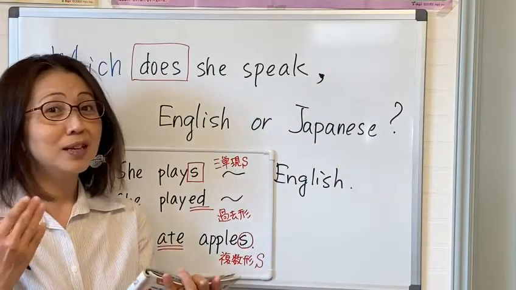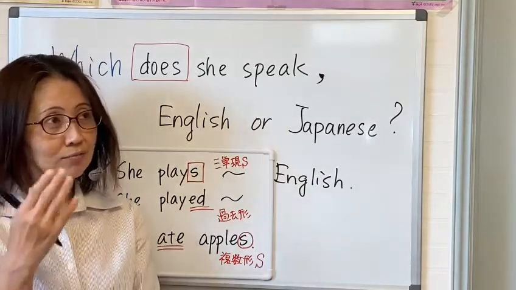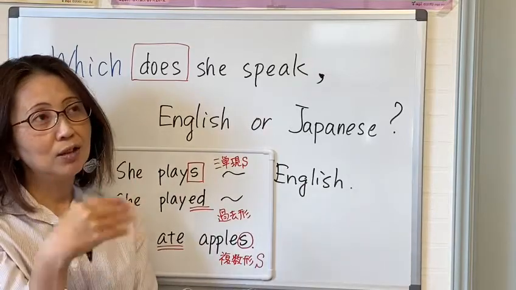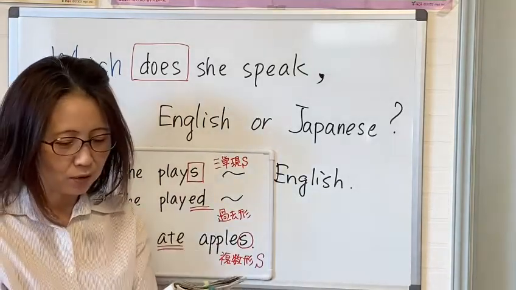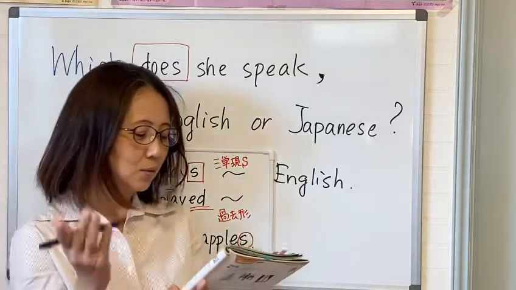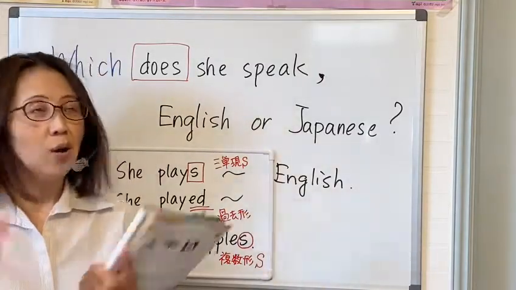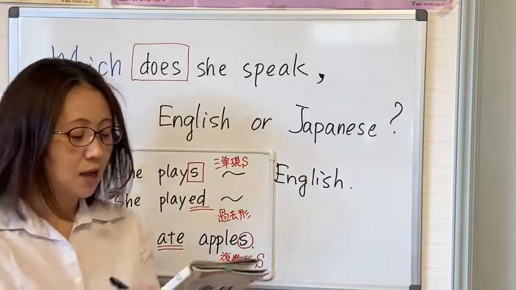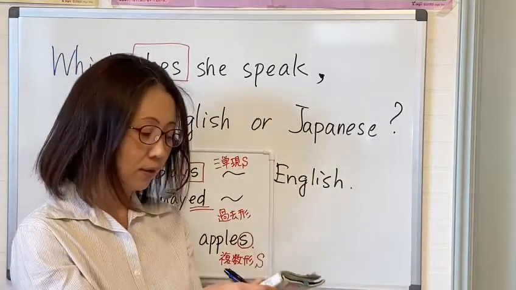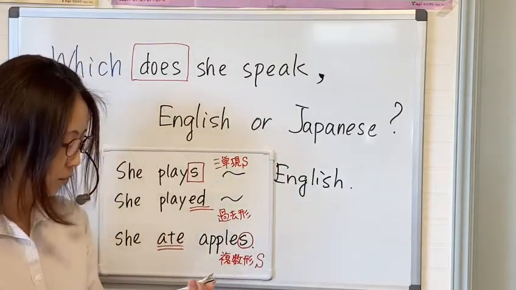So when you try to memorize these meanings of play, you can visualize. 自分の頭の中で you can visualize a scene when you say play video games. 自分がビデオゲームやってるのを想像して、それから play baseball. ベースボールしてるのを想像して。